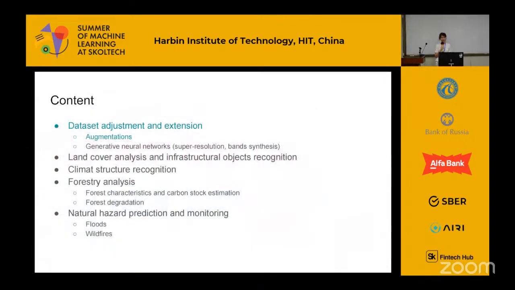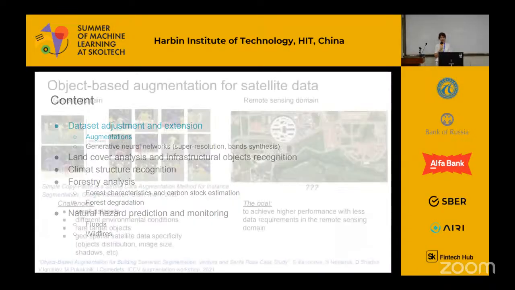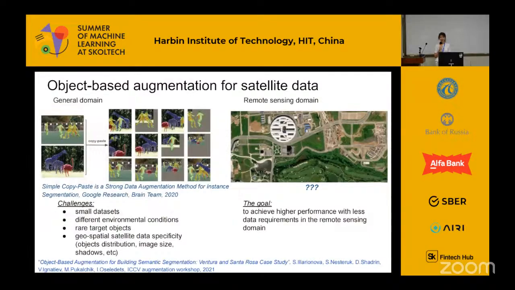So let's start with the augmentation technique that helps us to extend the initial data set. And here we should also take into account the specificity of remote sensing data, because in the general domain we have one set of rules, and in remote sensing applications we should consider both spectral and spatial resolution, and some properties in data such as shadows from the objects, and